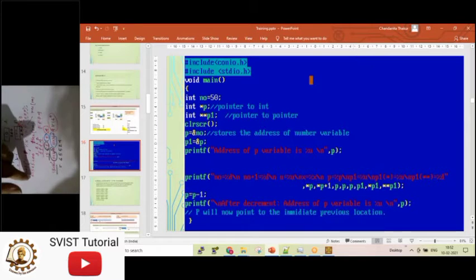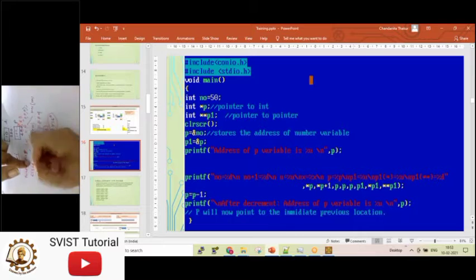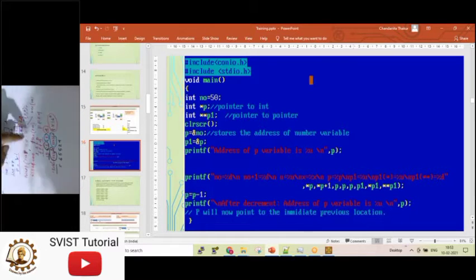For %u you get the result, let's say, 65,524. When you print in hexadecimal with %x, you get small fff4, and with %p you get capital FFF4.